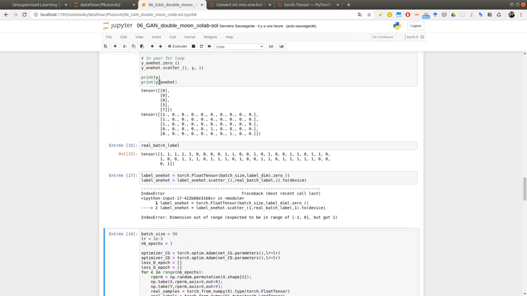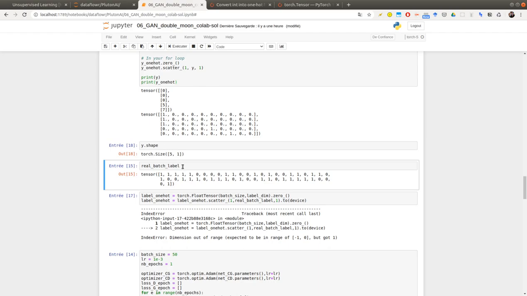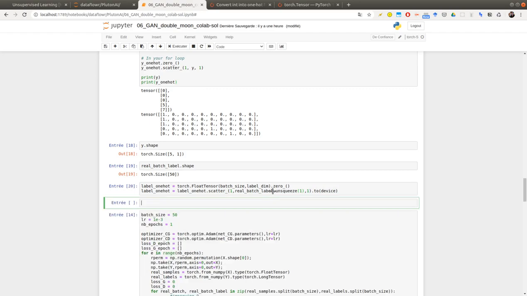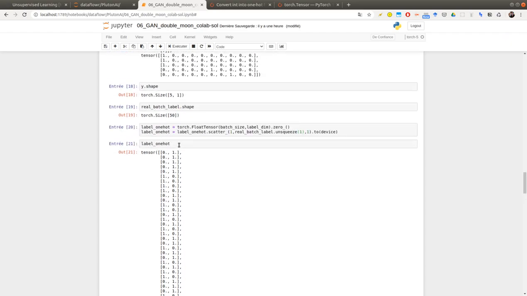Yes, because you see the Y here is 5-1 and this is a line instead of a vector. Okay, so I have to squeeze one. Yeah, it seems to work.